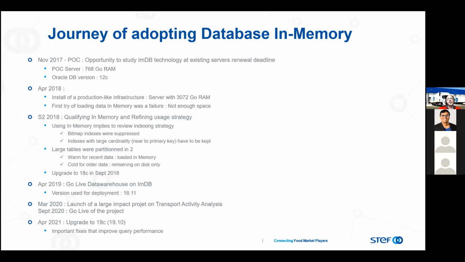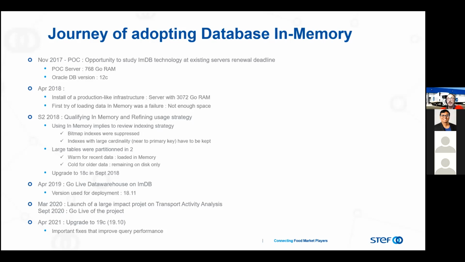So we spent the next part of 2018 refining our usage strategy. And we decided to split or partition our large table in two, with one partition we call warm for recent data, which is loaded in memory, and one partition which we call cold for older data, and that will remain on